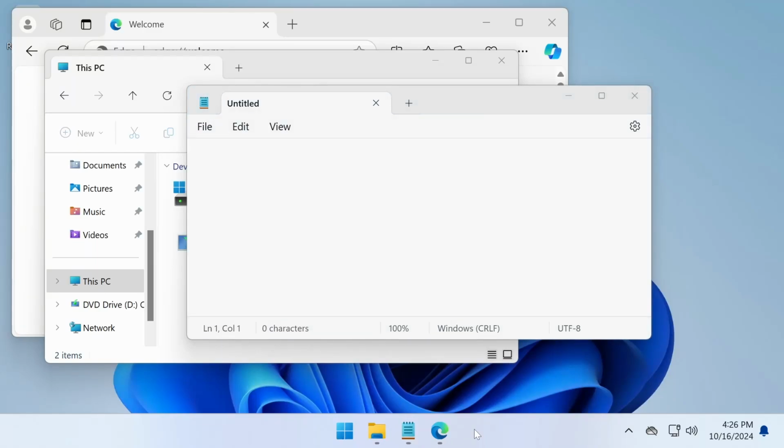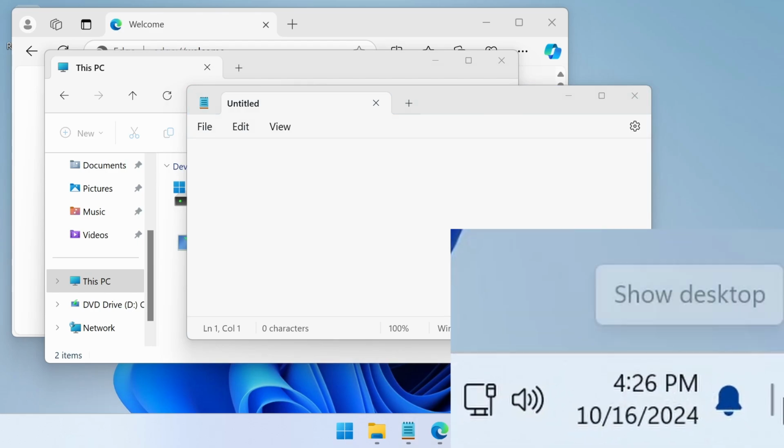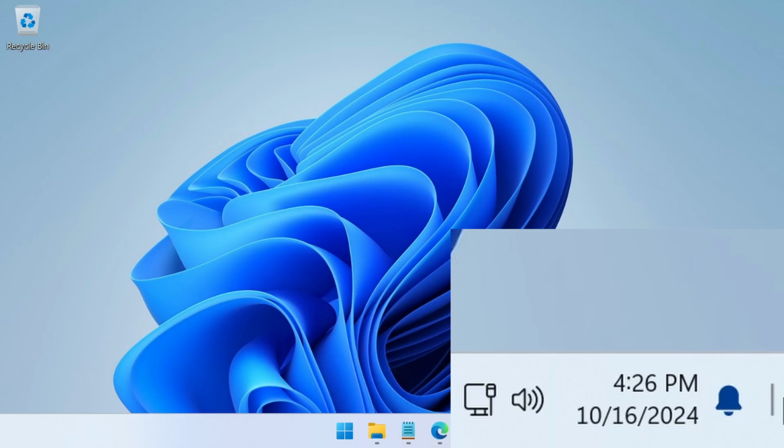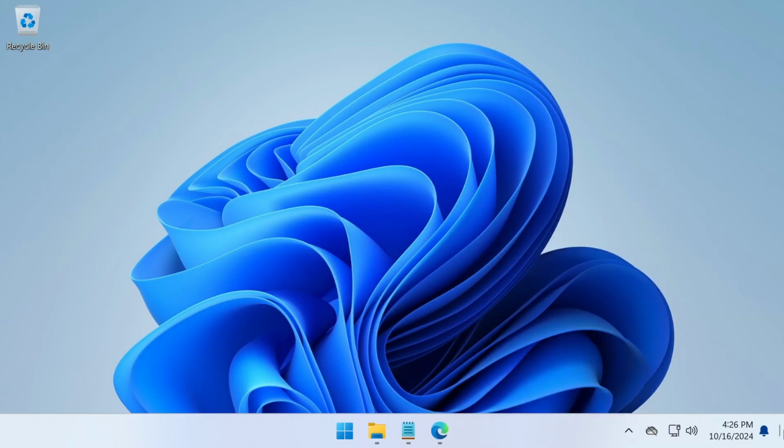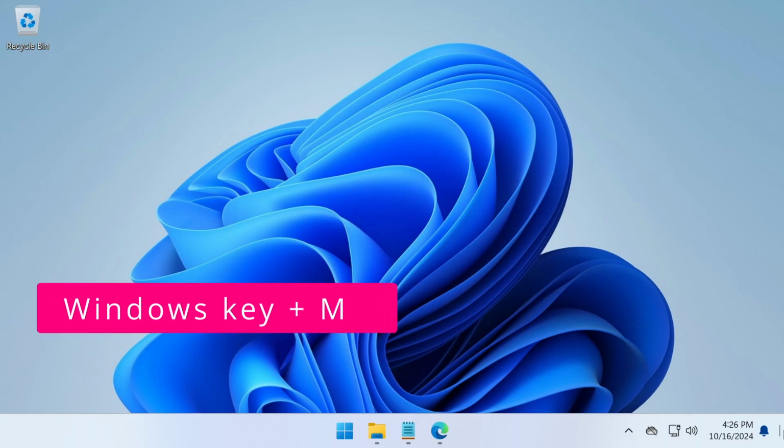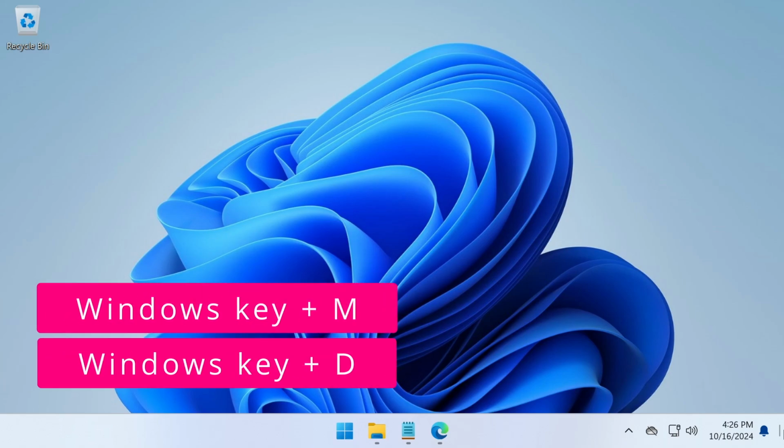Did you know there's a hidden shortcut at the right edge of the taskbar that instantly minimizes all your open windows? Just move your cursor to the bottom right corner of the desktop and click once. This will minimize all open windows. To do the same thing with the keyboard, use either the Windows key plus M or Windows key plus D